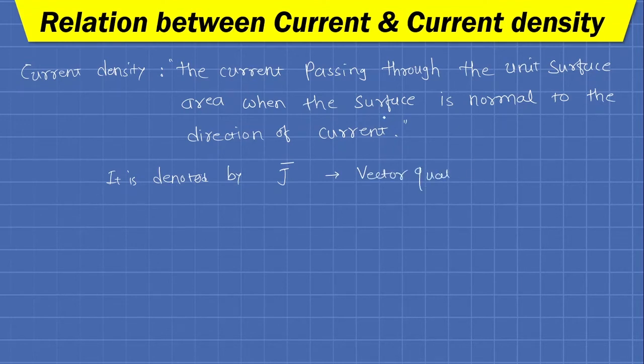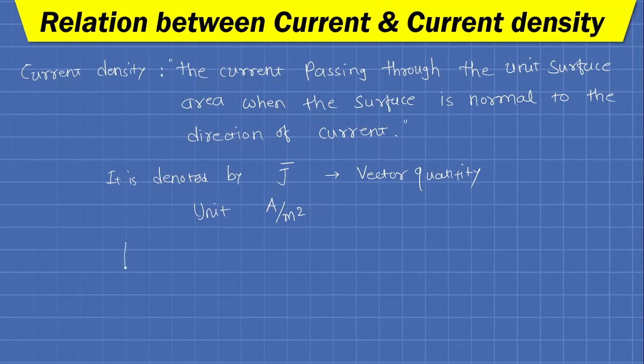Why vector quantity? Because in the determination of density itself we are considering the surface area, and the surface area being a vector quantity, the current density also is a vector quantity. And the unit of J bar or current density is ampere per meter square, because it is nothing but the current passing through the unit surface area. Now if you want to understand this statement, that the surface is normal to the direction of current,